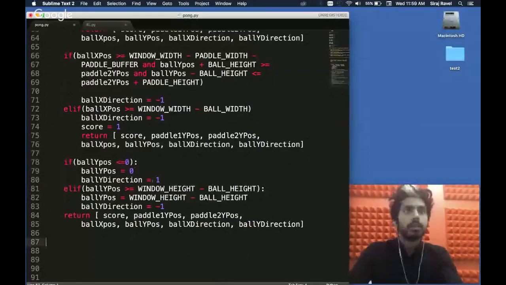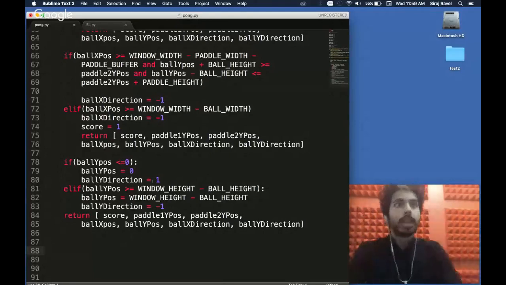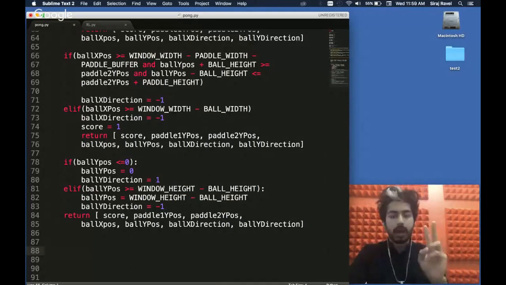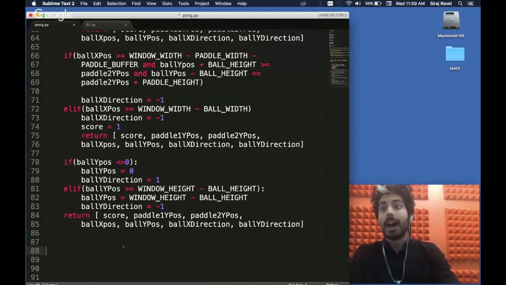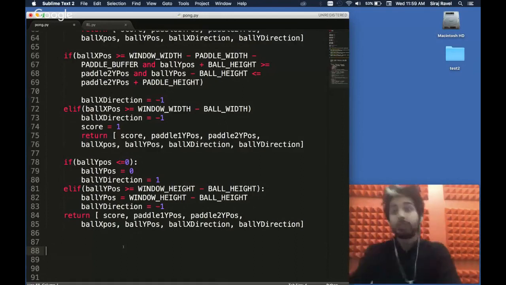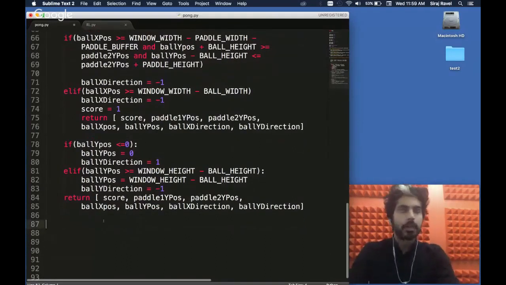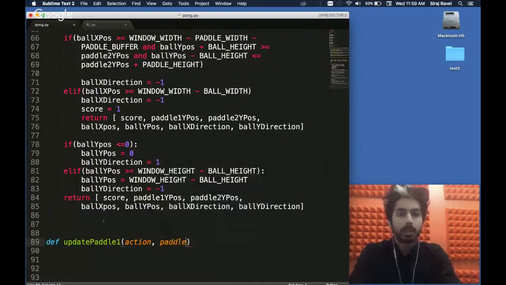Anyway, so there. Okay, that's it for that method. Thankfully, we are done with that method. Oh my God, that was so intense. Okay, so now we have two more functions to do. Let's do it. Yeah, it's AI versus AI. It's a bad AI and then a good AI. That's us. We're going to get better over time. It's already going to be good from the start. All right, so here we go. Let's update paddle 1. I'm going to update the paddle position.